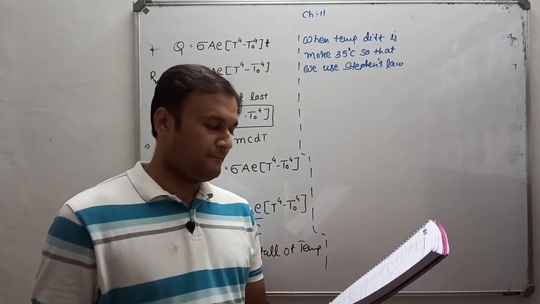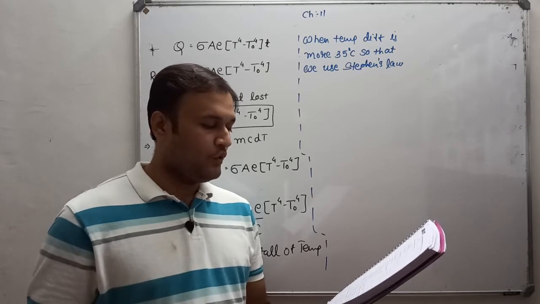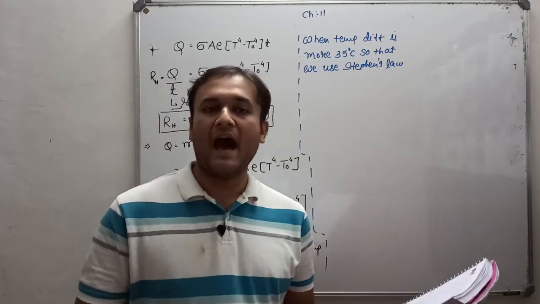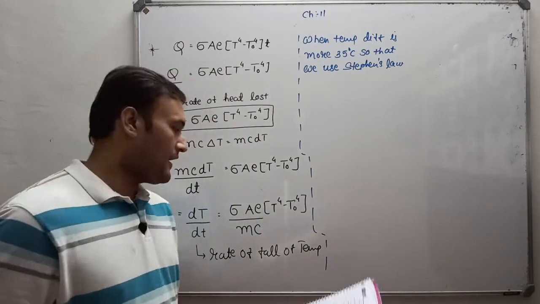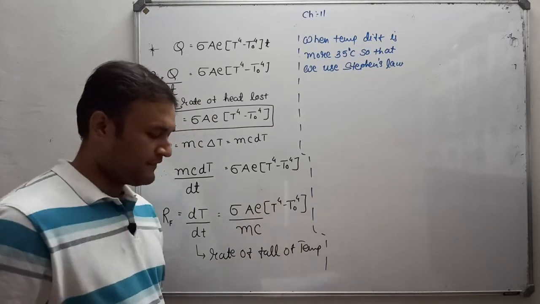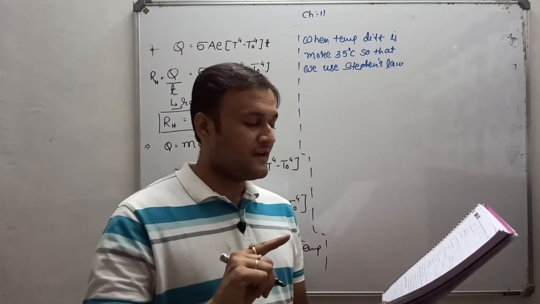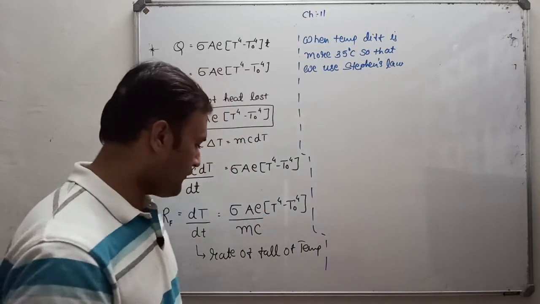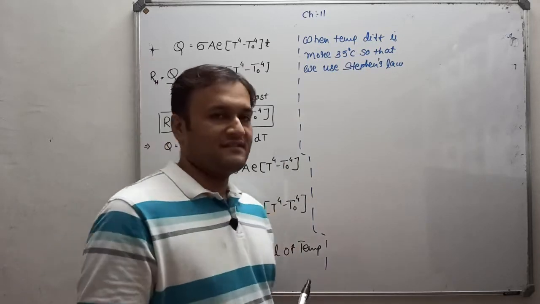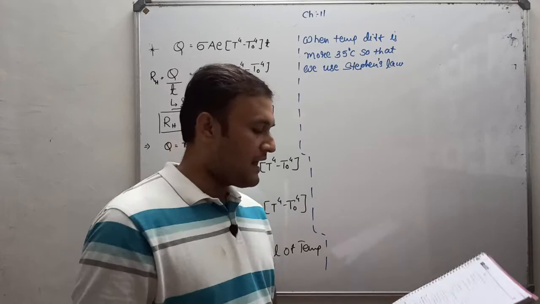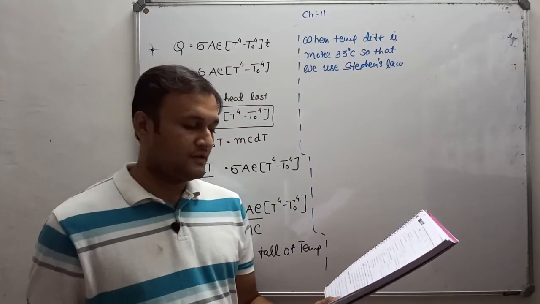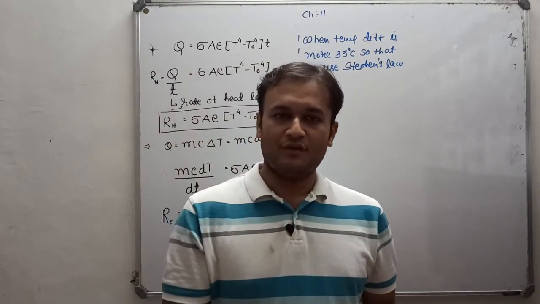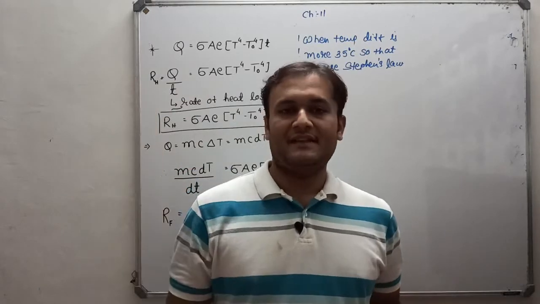Fourth, two spheres, one solid and another hollow. T, T0, A, all are the same. For this, RH is the same. RF means rate of fall of temperature. It is maximum for the hollow sphere and minimum for the solid sphere. That means for the hollow sphere the fall of temperature will be more than for the solid sphere. Okay, because RF is maximum for the hollow sphere. Inside it there is air and on the outside there is material, so there will be increased heat loss.